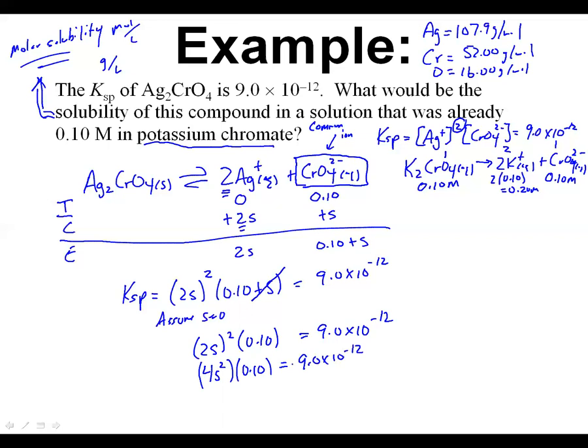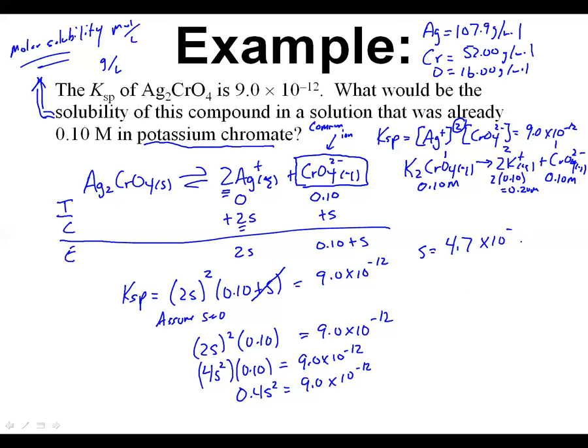And that will get us 0.4 s squared equals 9 times 10 to the -12. We're going to divide both sides by the 0.4. We're also going to take a square root of it as well. And when it's all said and done here, looks like we end up with an s, if I did all the math there,